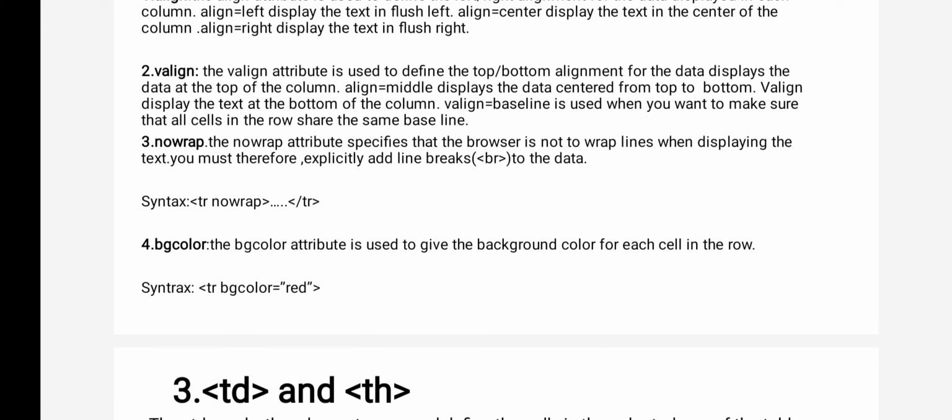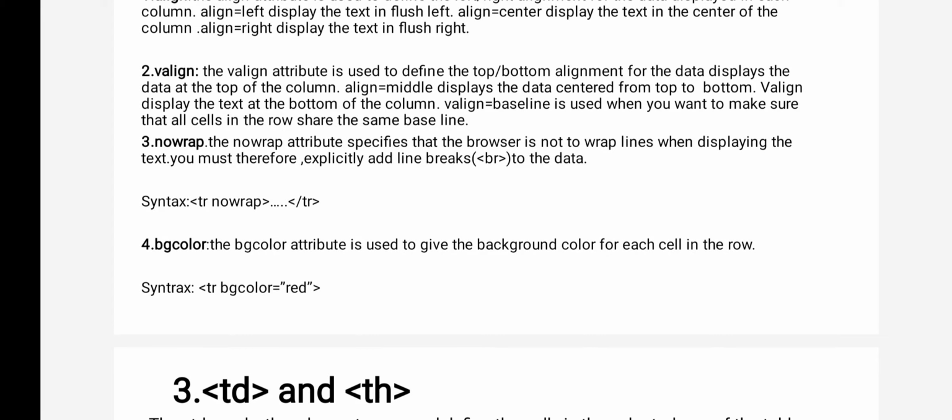Next, nowrap, which I have also just explained. Nowrap means if you don't want to hide the text after a particular length, if you want to make the entire text visible to the user, then we'll use nowrap.